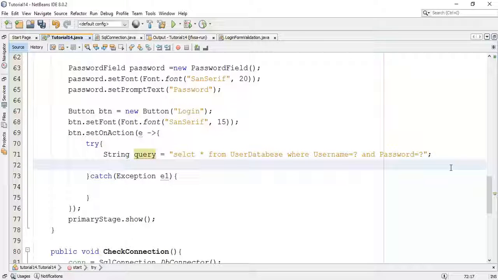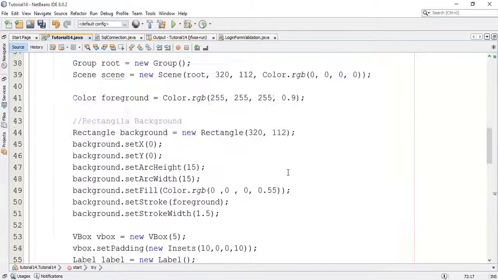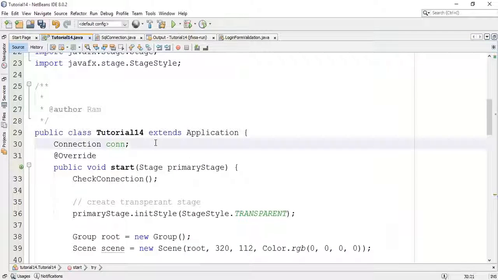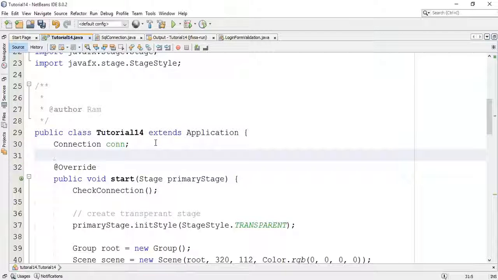Then next I'm going to add a prepared statement. So before that I'm going to declare it in the application.